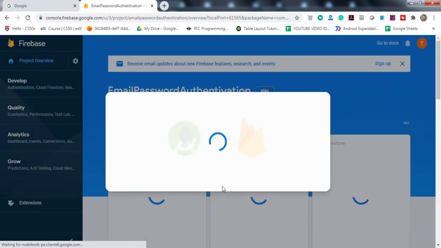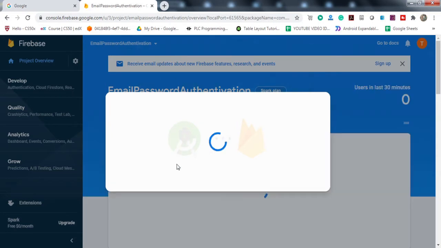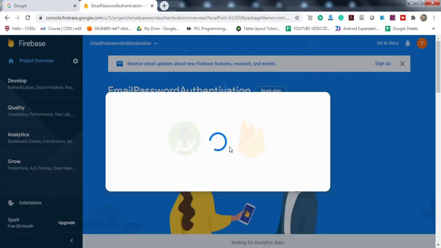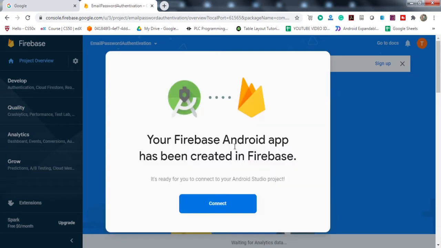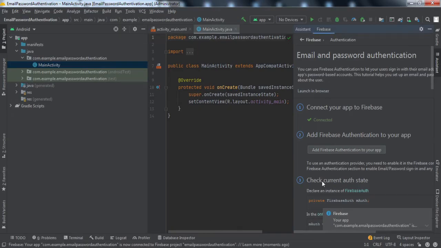Now it will automatically connect your Firebase project to your Android app. You just need to click on the connect button. Click on connect. Okay, now the project is connected. If we go here, now it's showing connected.